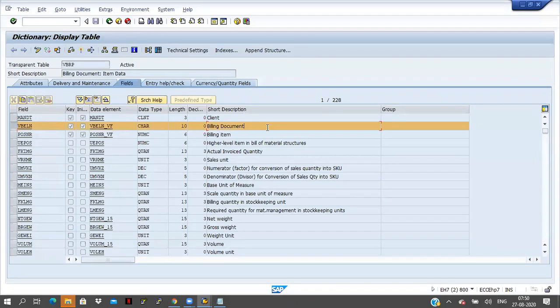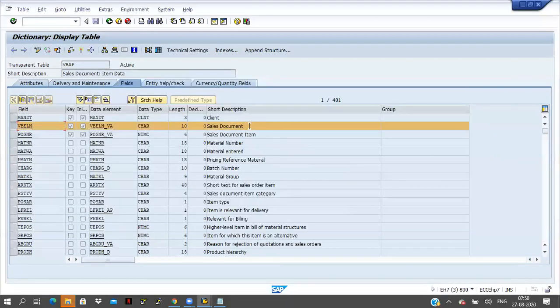This is the VBRP table. The field name is the same, VBELN only, but the description is billing document. And in VBAP, VBELN is the sales document; the description is different here, and the values are also different.